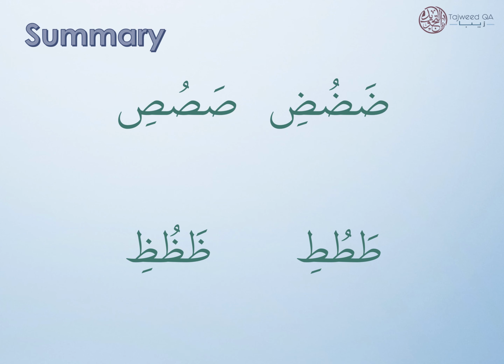So to summarize, the sad and the dad have the same letter shape. The dad has a dot above and the sad has no dots, and you can see the shape when it's written at the beginning and the middle for both of them. The end of the shape is not visible, so you can only see the full shape of the letter when it's written at the end of a word. And the ta and the dha have the same shape. The difference is that the dha has the dots and the ta doesn't, and they look the same whether it's written in the middle or at the beginning or end of the word.